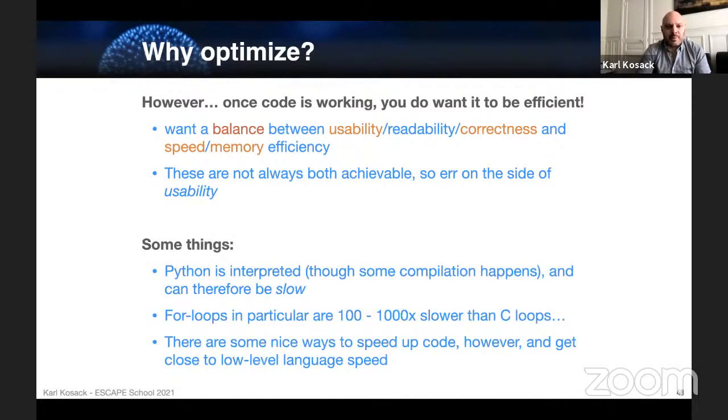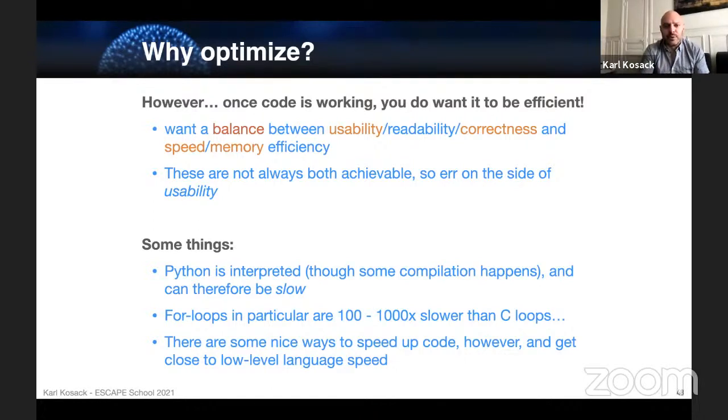A few things that are important to mention: one, that Python is an interpreted language. Though there is actually some compilation that happens, you probably don't know about all these .pyc files that you see lying around your code after you've run it. They are compiled Python code, but compiled to an intermediate type of bytecode. So it's not compiled in the same way that C code goes directly to machine code. It's an intermediate bytecode that then gets interpreted again, but it's still faster than interpreting the source directly. So Python doesn't really execute each line as written. It does some optimization, it does some compilation beforehand, but it's still not terribly fast.